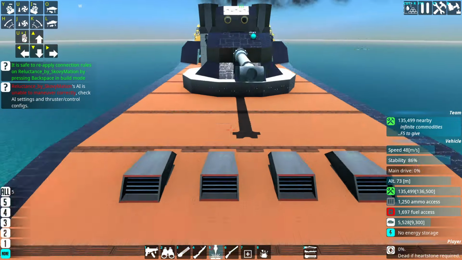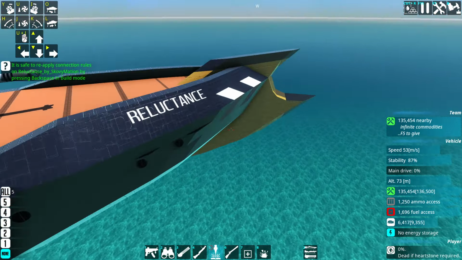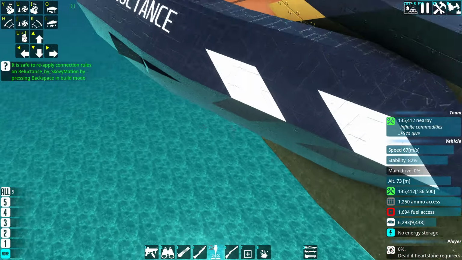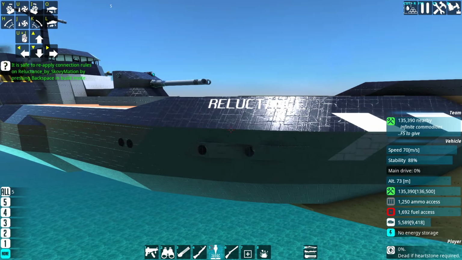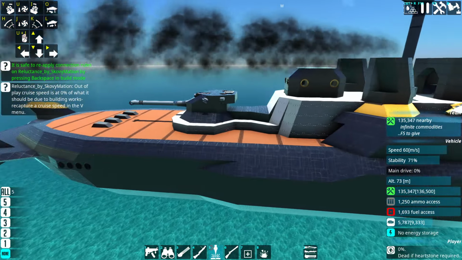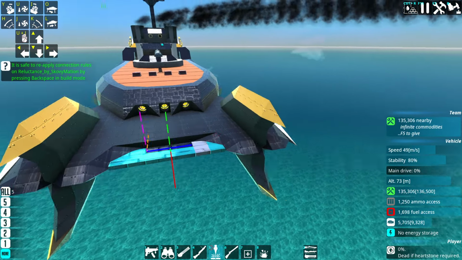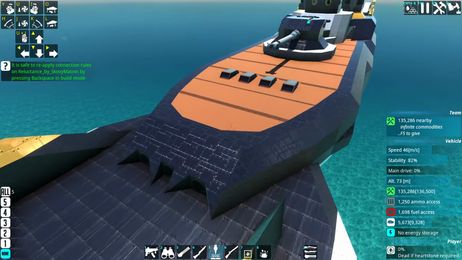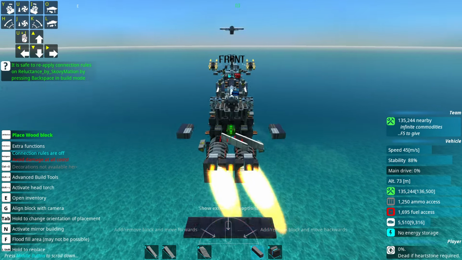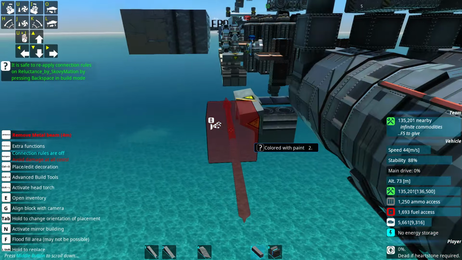We've got nice looking wooden deck. The hull is really nice, yeah. I like this bow part. Also the white corners here. That's very nice. So yeah, Reluctance looking really fancy. This back as well. The fins. Got big jets in the back with